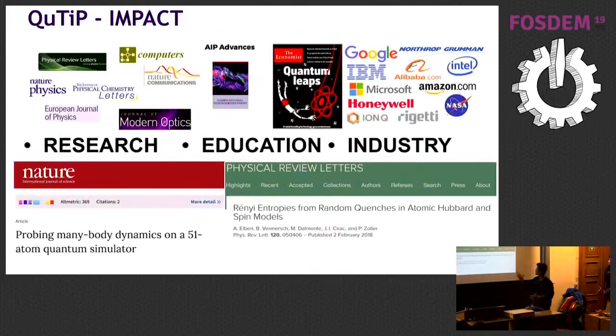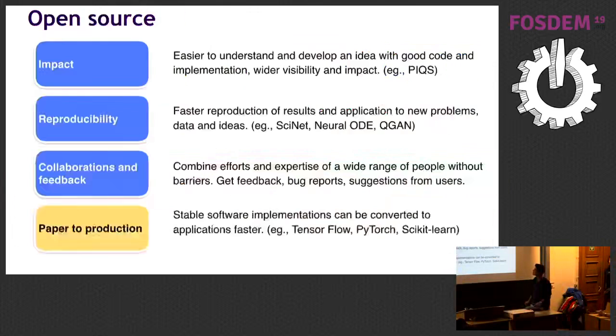And of course, QuTiP has had a lot of impact, both in research and industry, because in many of the places where quantum physics research is done, QuTiP is being used to perform noise modeling. And of course, in research papers, all the time, we keep seeing the use of QuTiP, and people are writing to us like, hey, we have this problem, can you help us fix it? So it's very nice to see a project like that being used across all of these areas. But where did this impact come from?